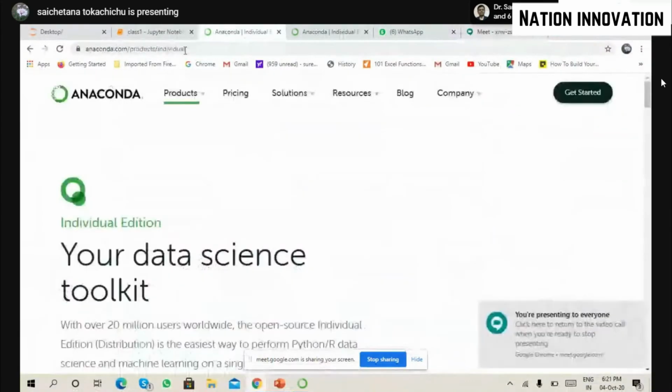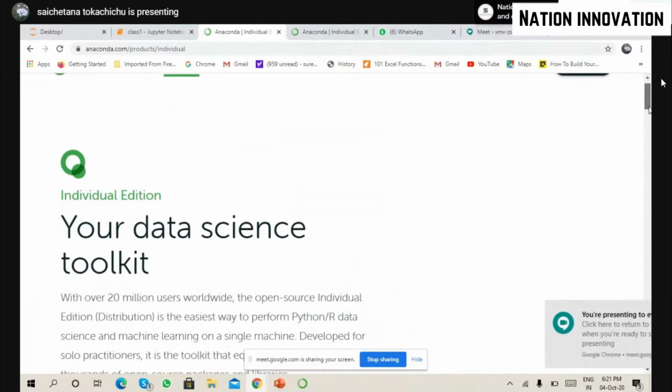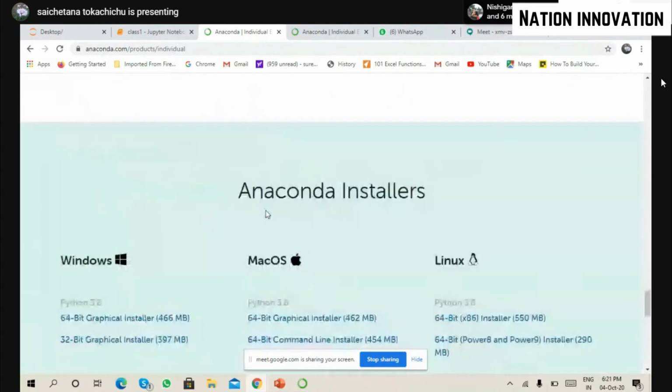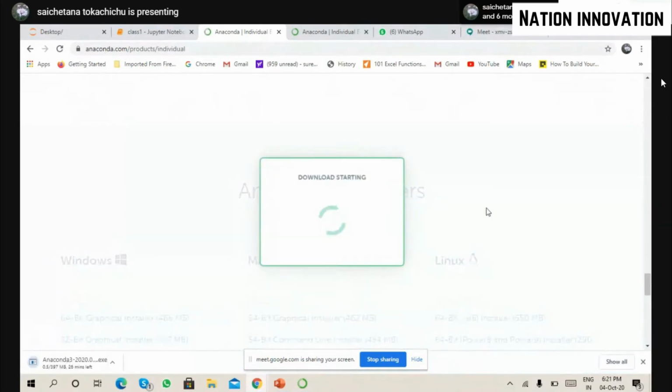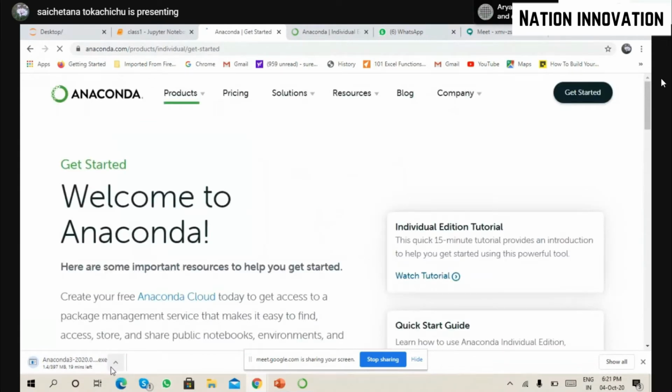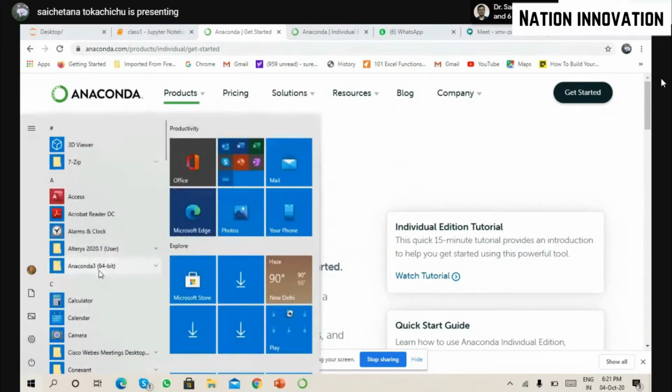So our website is this, Anaconda. In this you select download. So here you get Windows. If you have a Windows operating system, then select whichever is compatible for you, 32-bit or 64-bit, and then install it. You get an exe file. After getting that exe file, you just run it. That's all. After doing that, in Windows, you would see an Anaconda folder.